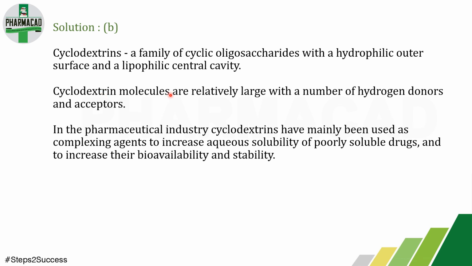So cyclodextrin molecules are relatively large with a number of hydrogen donors and acceptors. And in the pharmaceutical industry, cyclodextrins have mainly been used as complexing agents, which increase the aqueous solubility of poorly soluble drugs, and thereby they will increase the bioavailability and the stability of drugs. Hence, the correct option is B, that is, they will increase the water solubility of drug. Moving ahead,